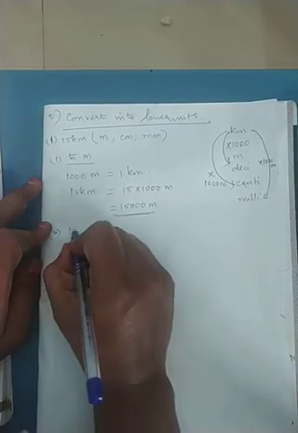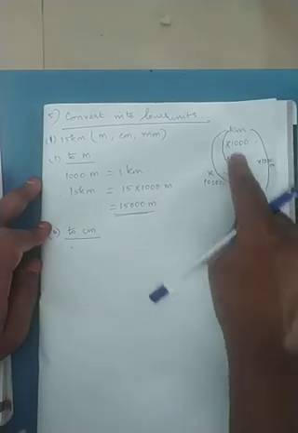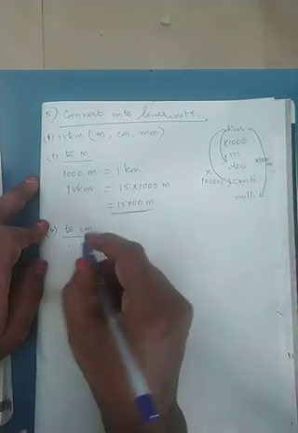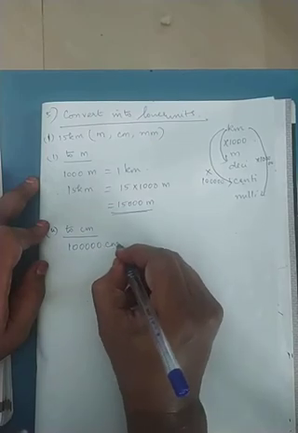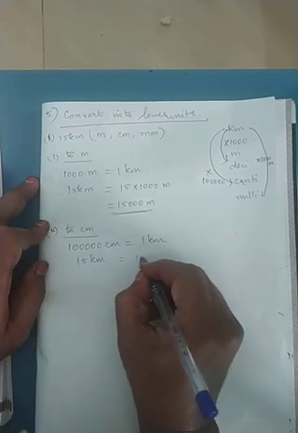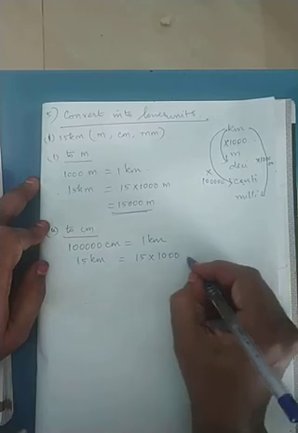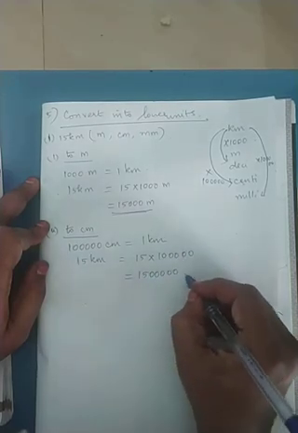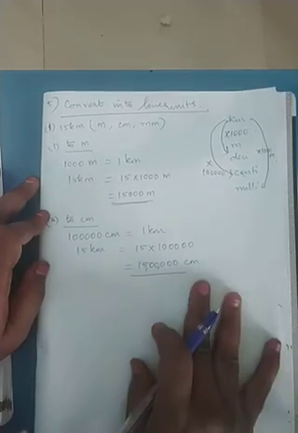Next, centimeter. How many jumps do we have to make to get to centimeter? 5 steps. Here 3, then from meter to centimeter 2 steps. So 5 steps. So I can say 5 zeros. 1 followed by 5 zeros centimeter is equal to 1 kilometer. So 15 kilometer will be equal to 15, and I have to put these 5 zeros. So that is 15 followed by 5 zeros centimeter. If I say it, it is 15 lakh centimeter.